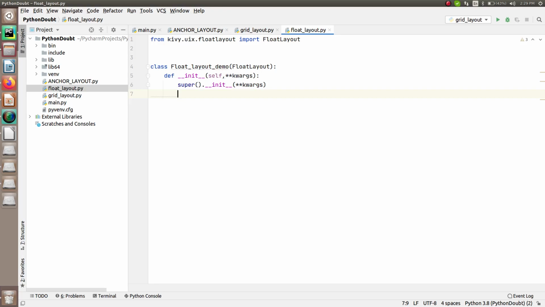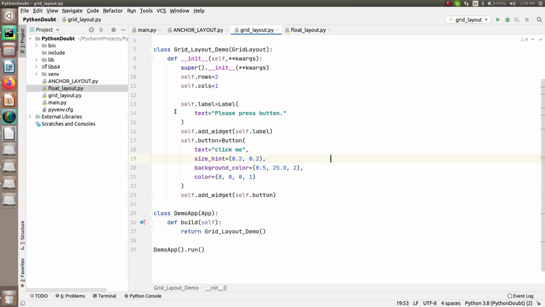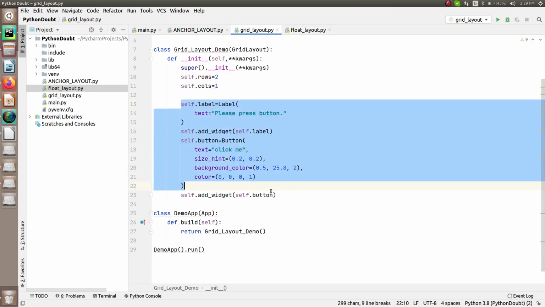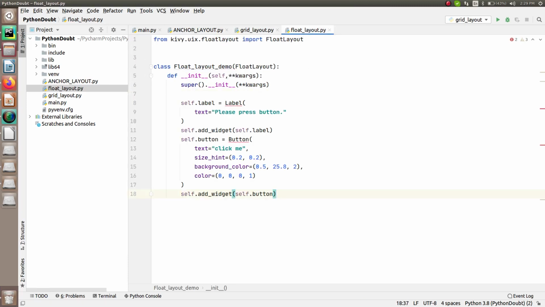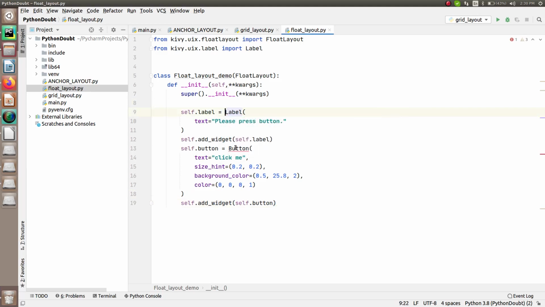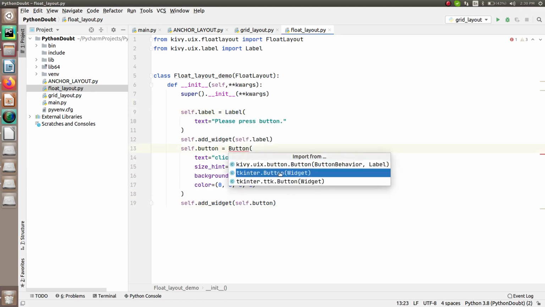For using them, let me just copy the same thing from there, because we don't have any major changes over here, right? So just paste it here, and as you can see, this is the label. So let me just import this one. Similarly, do it for the button as well.